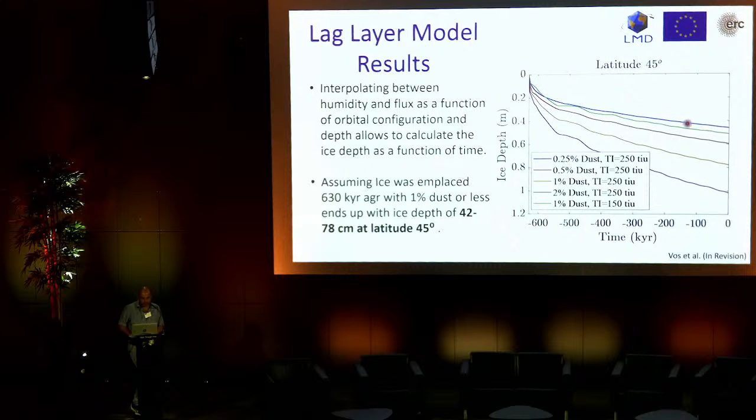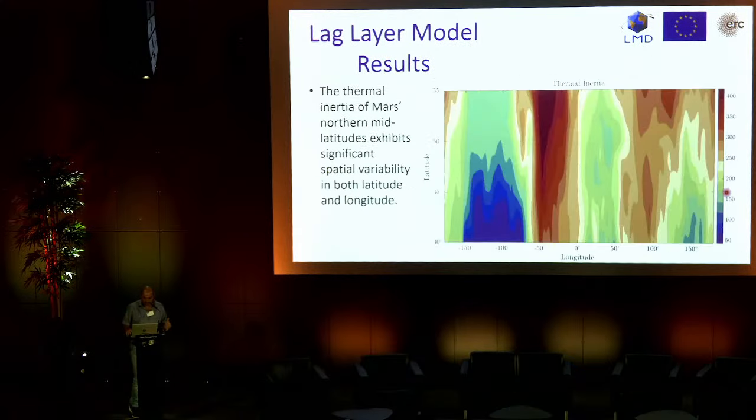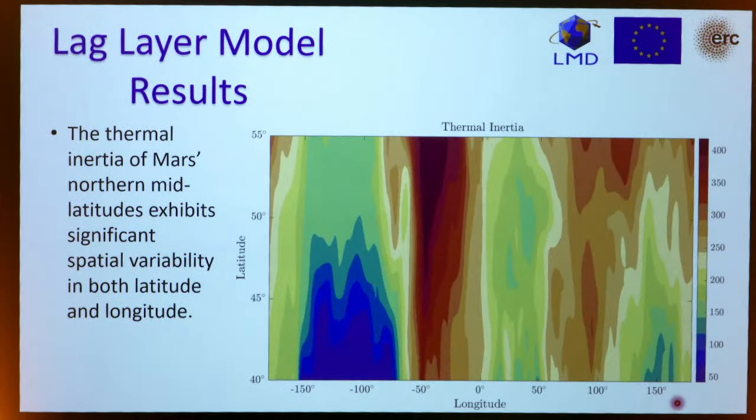And the green one is the special one of 150. We also have results, of course, for thermal inertia of 50, of 350, and 40. This is, again, just a snapshot. But if we start emplacing ice 630 kilo years ago, we reach a plausible depth of, I don't know, 40 centimeters to 78 centimeters. And we can take it an extra step. We know the thermal inertia from measurement. I think this is from MCS, I'm not sure. Maybe I should put Sylvain Piqueux in